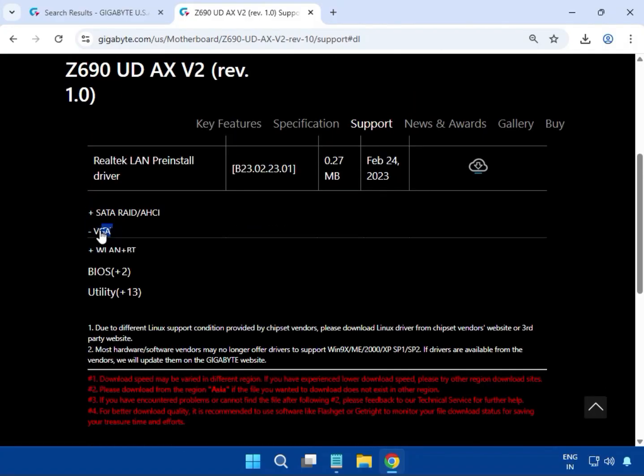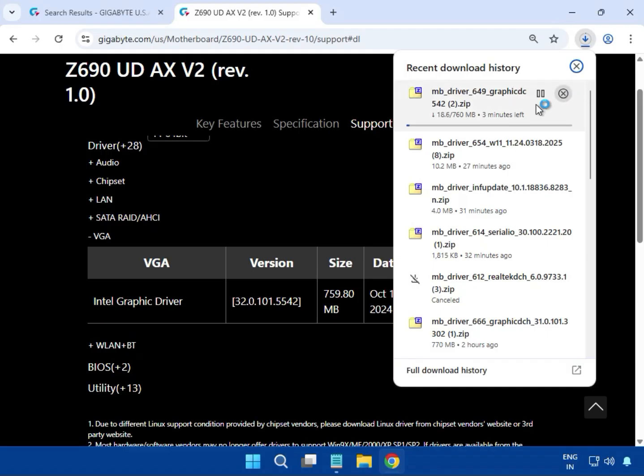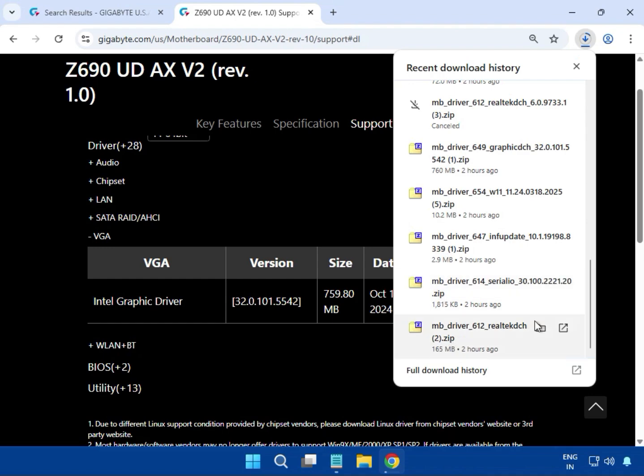VGA driver. This is the VGA driver and this is its size. You just click to download. When you click to download, it will start downloading. You can see this is the download box. Then it is downloaded. Just open it